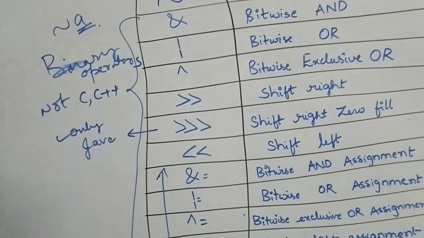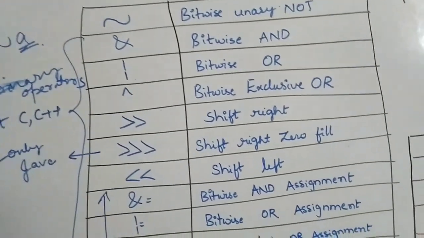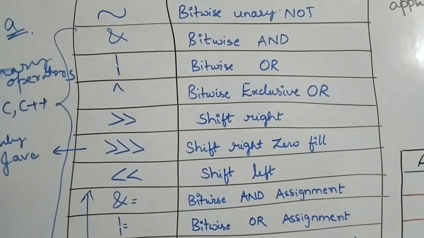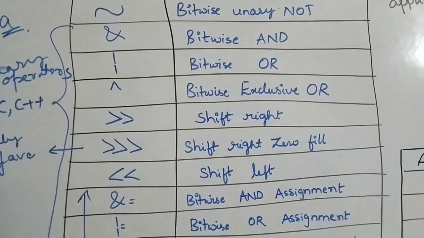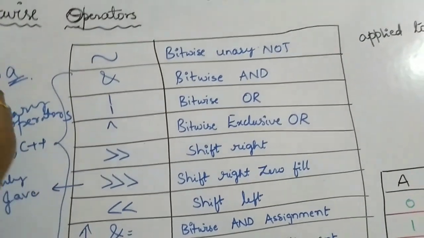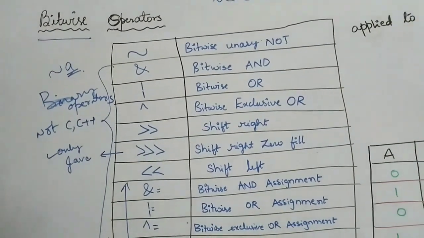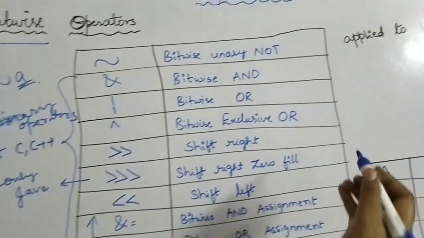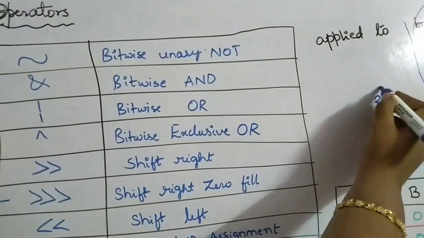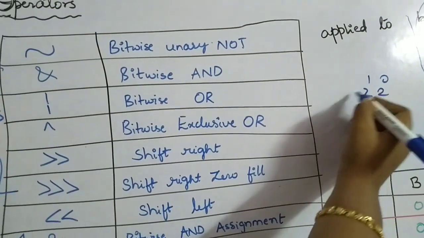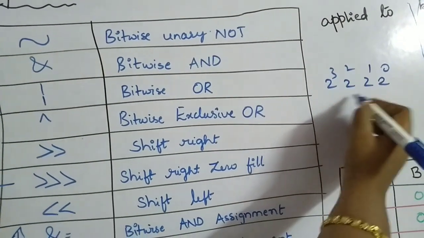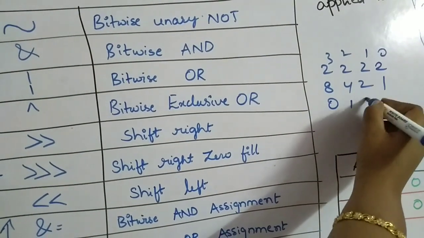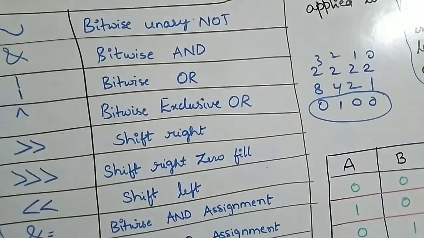We'll just look into what will happen, and one important thing is that bitwise operators will be applied on each and every individual bit. They are applied on bits, and that's the reason why we call them bitwise operators. Say for example, I have 4. 4 is represented like this, 2 power 0 in binary. 2 power 3, which means this is 1, 2, 4 and 8. So now 4 is represented as 100. This is the binary format of 4.